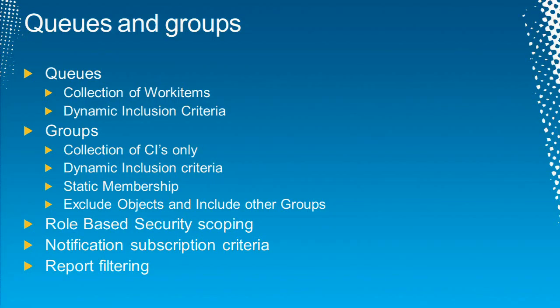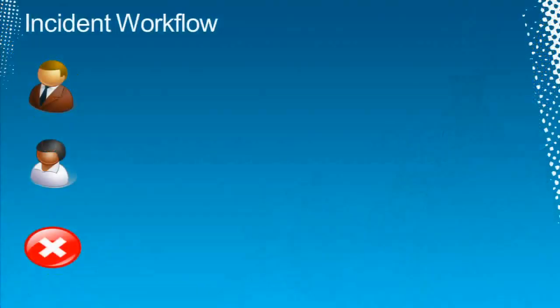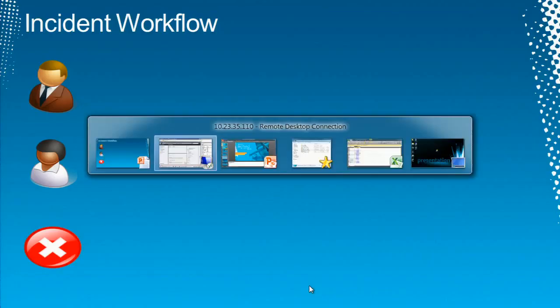And we will use the queues and the groups to scope down the console in Service Manager. So, for example, Luc, who is the coffee manager, will only be able to see the change requests applied to the coffee machines. By working with queues and groups, we can scope down the console, and we can use it for security scoping, notifications, and so on. So we will, first of all, create a new